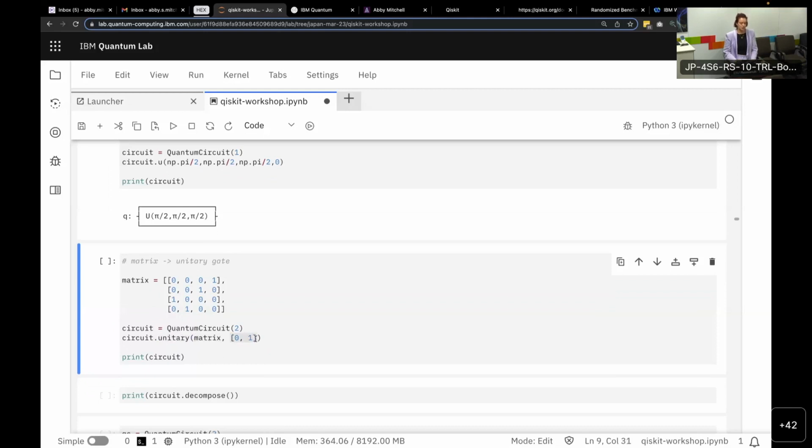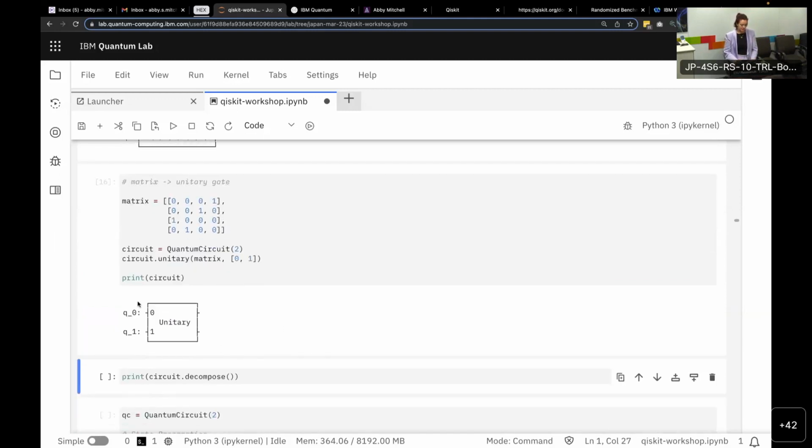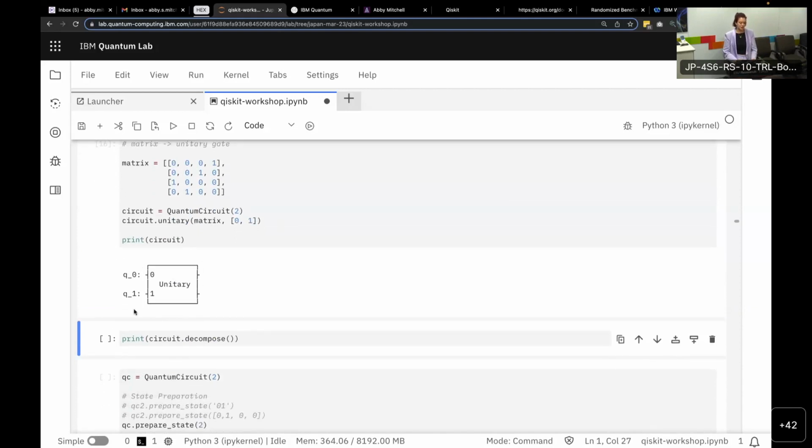And I specified which qubits that I want to apply that on. This is a 4x4 matrix, so that's going to be a 2 qubit gate. So that's what this is going to create for me. And this maybe doesn't look very nice. Maybe you want to see what actual gates it ended up creating based on this matrix. But Qiskit has tried to make things simple by covering this in a general unitary box. But if I want to see what's going on underneath the hood, I can call this decompose